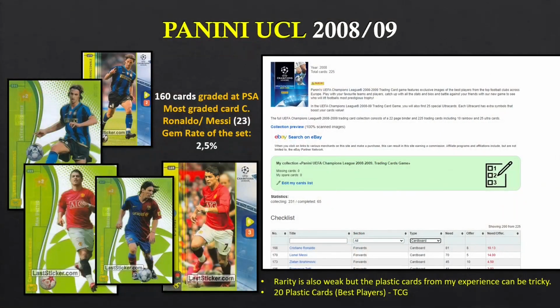Now, Panini UCL 2008 to 2009. This is a set that I like a lot in terms of eye appeal, specifically for the plastic cards. And let's start with the obvious thing. 160 cards graded at PSA, so quite more than the previous one. Most graded card is Cristiano Ronaldo and Lionel Messi with 23 copies each, and the gem rate of the set is